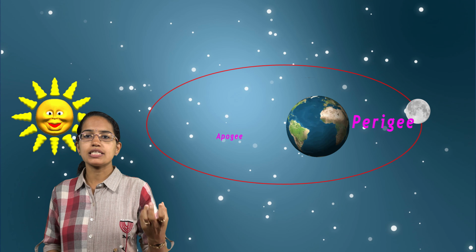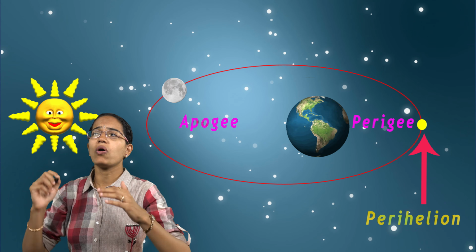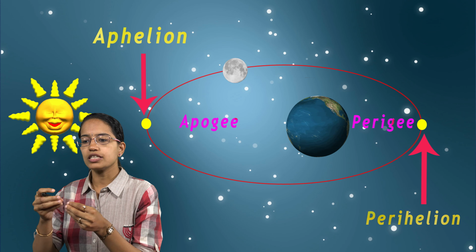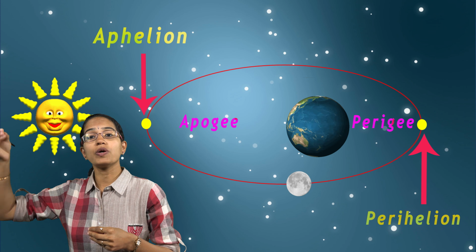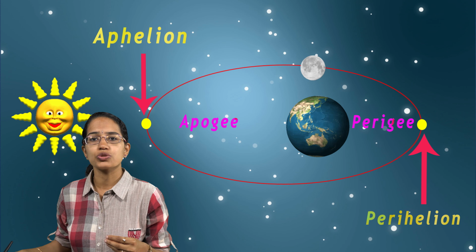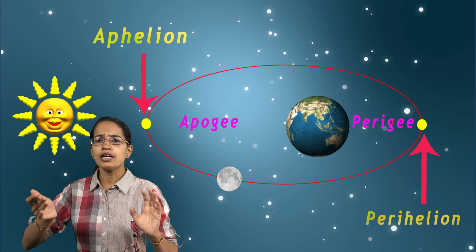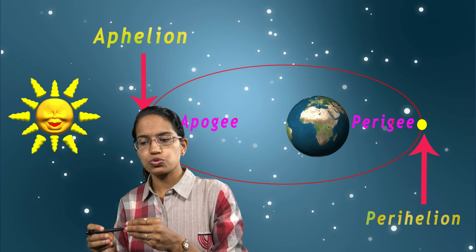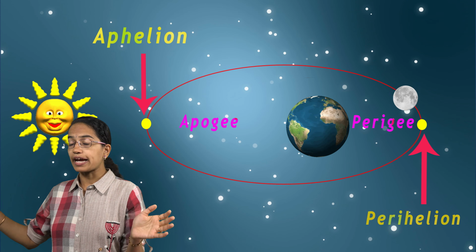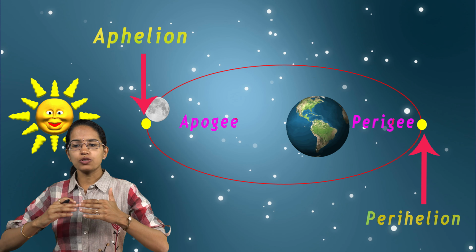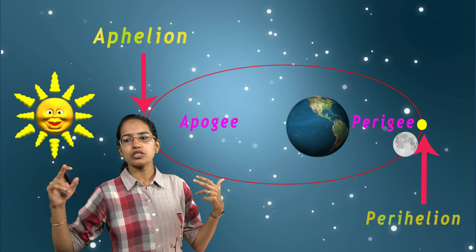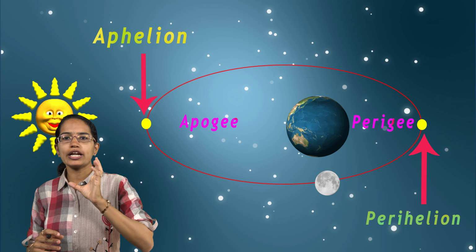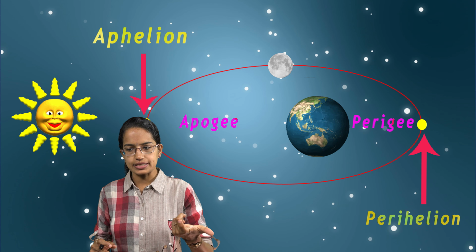Then you have perigee and apogee, or what we call perihelion and aphelion. Perihelion is a point where Earth is closest to the sun. Unusually high and unusually low tides are seen during that time, usually near the 3rd of January. Again, when the perigee moon is closest to the earth, you have unusual tidal ranges. On the other hand, you have apogee, which is the farthest position, usually nearing the 4th of July, and here the difference is much less as compared to perihelion or perigee.